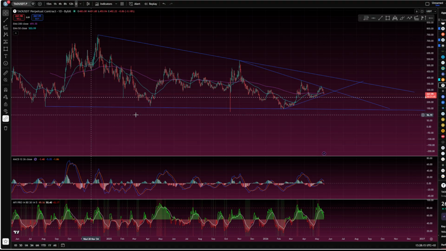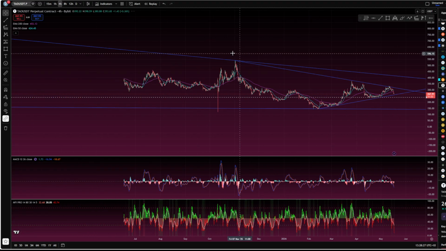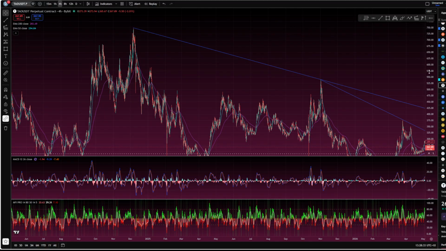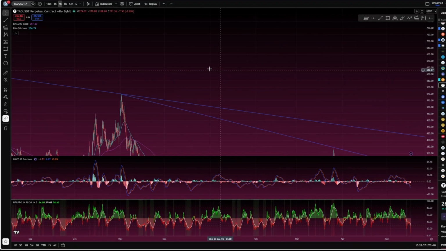A couple of triangle sort of patterns there. This is what we're going to be interested in, because it does look like it's hitting that point there shortly. So let's go into the 4 hour and start tidying it up. So the first part that I mentioned before was looking at this peak here to see if it is just wicks or,